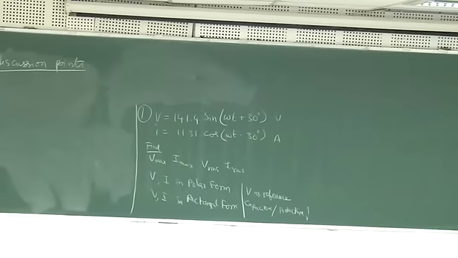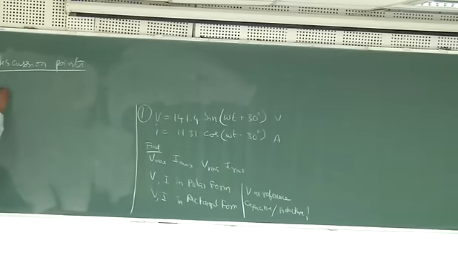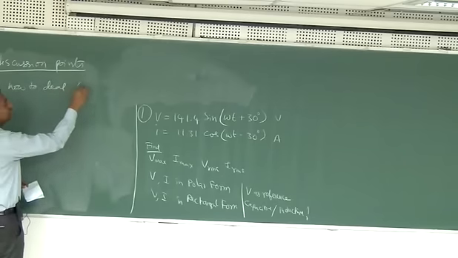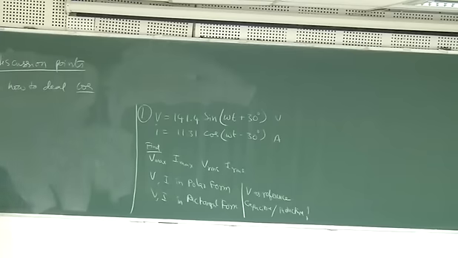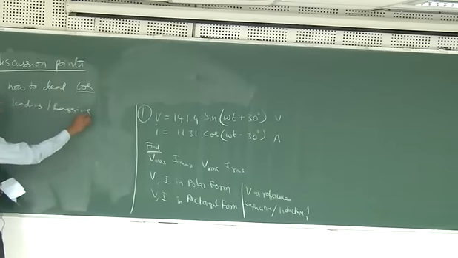I heard somebody saying cos, right? So there is a cos here. So how to deal with the cos? That was one of the discussion points. Okay. How to deal with cos. Okay. Next, is there any other point that came up for discussion? What is leading? What is lagging? What is rectangular?